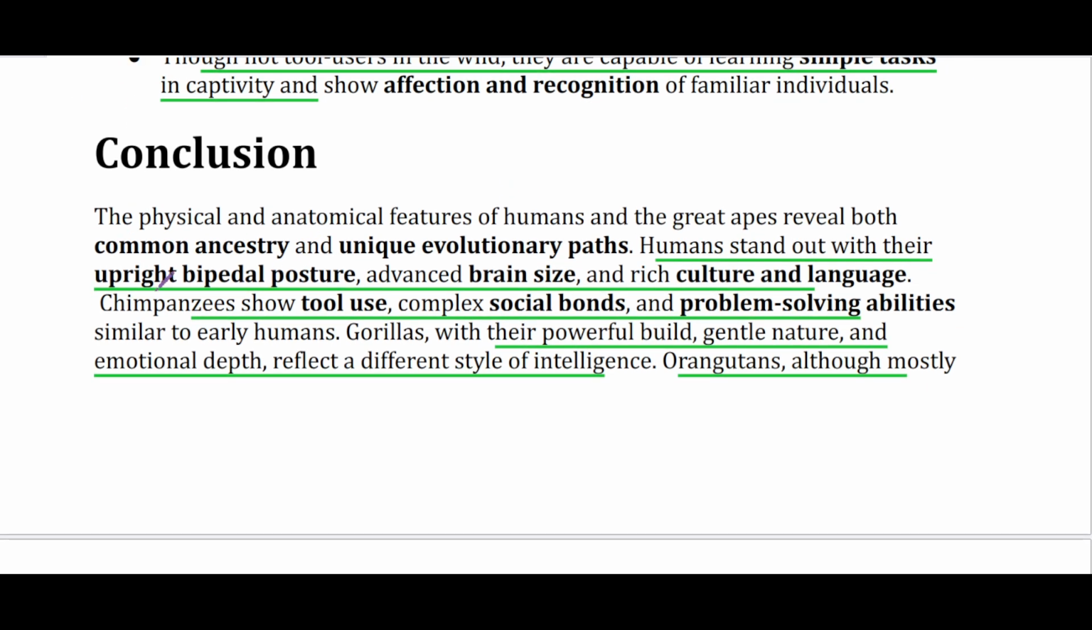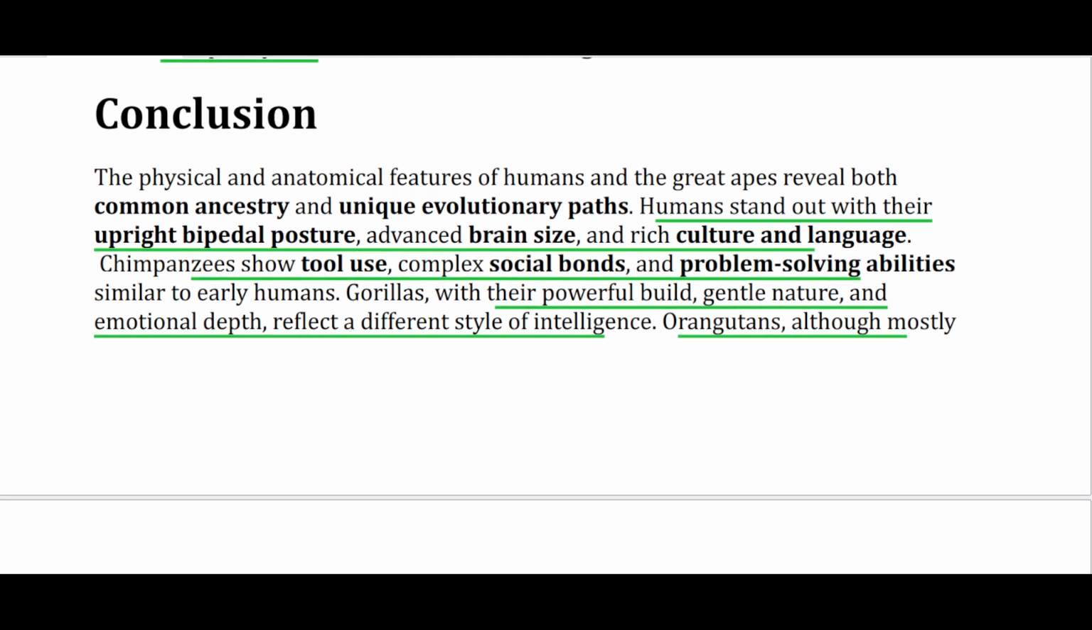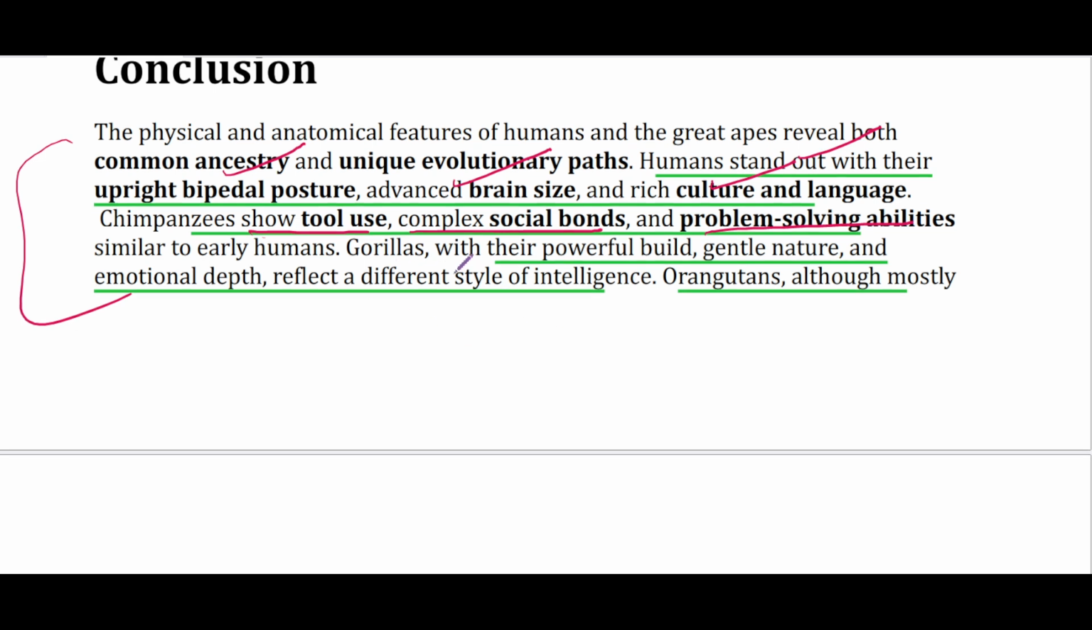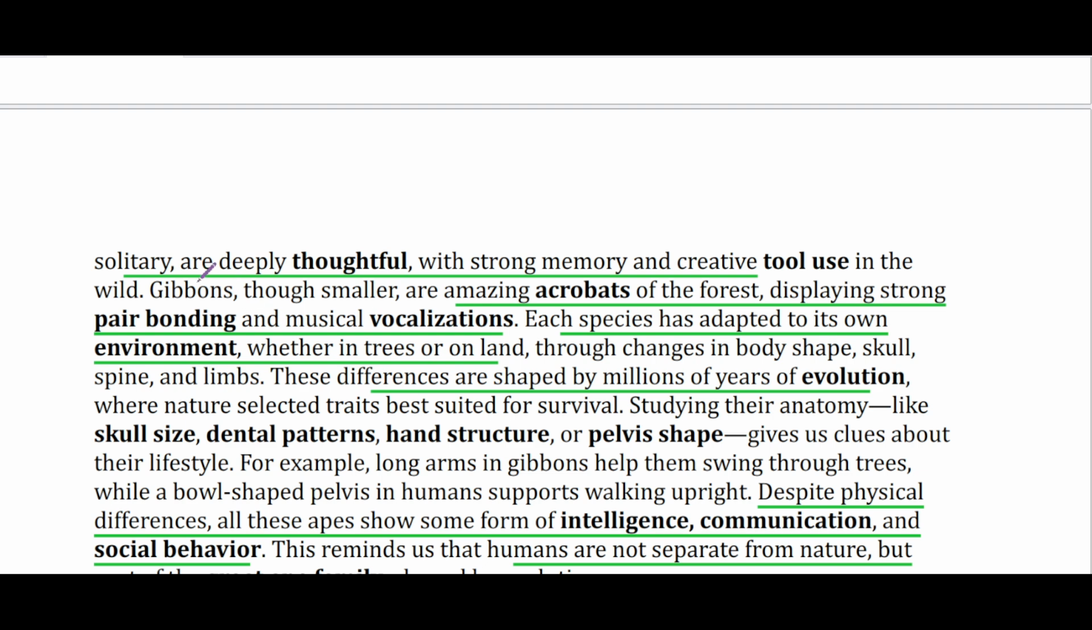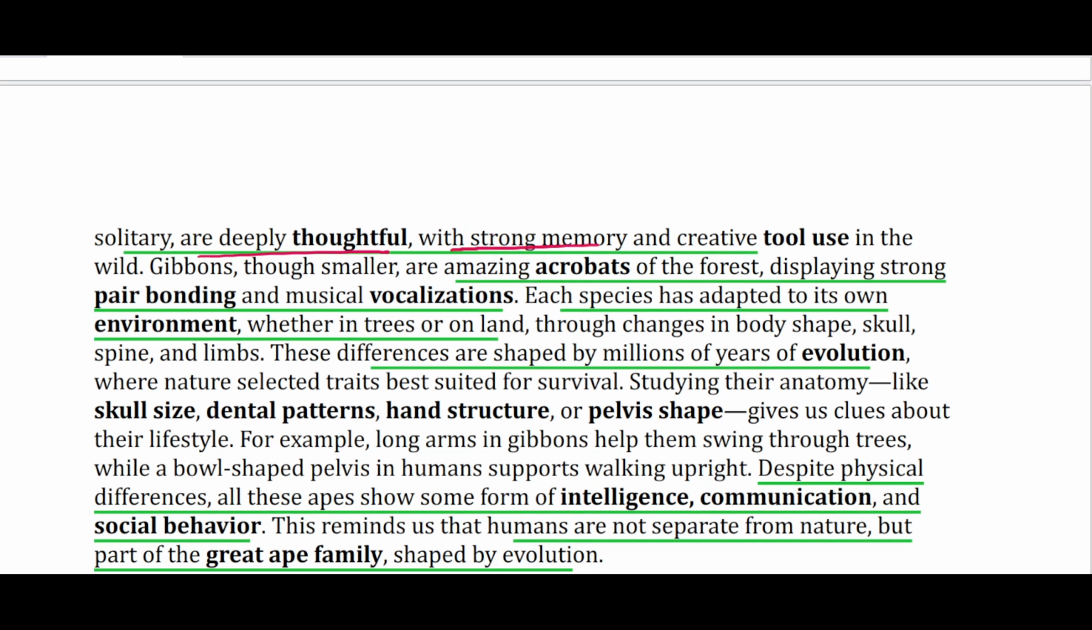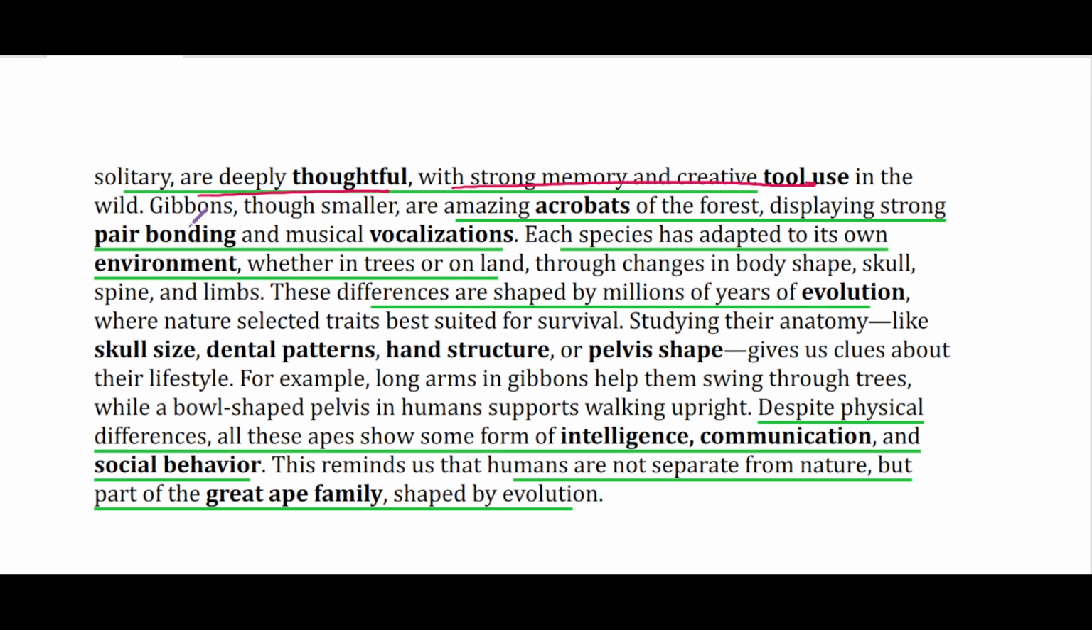Then finally, conclusion. So humans stand out with their upright bipedal posture, advanced brain size, and rich culture and language. Chimpanzees show tool use, complex social bonds, and problem-solving abilities. And gorillas, with their powerful build and emotional depth, reflect a different style of intelligence. Orangutans, they are deeply thoughtful with a strong memory and creative tool use. And gibbons, they are